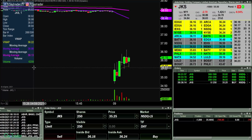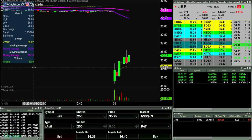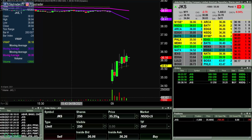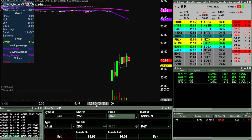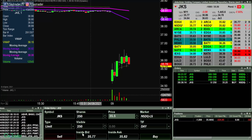In fact, do I want to add even more at 35.50 if it comes down to that area? I think so. Yeah. So if it can come back down there from where it is right now, that would be great. So watching 35.50, like I said, if the price comes down to that area,